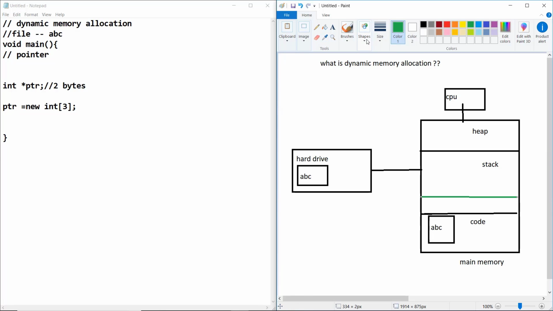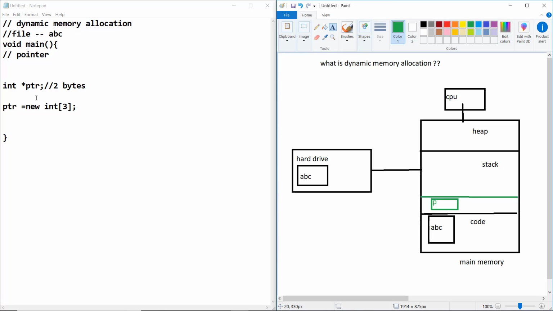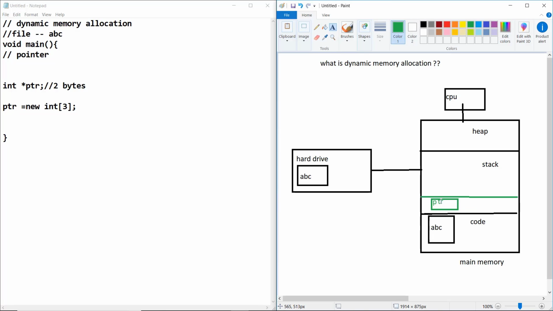In the stack frame it makes an address for the pointer ptr. This is the pointer ptr, and if I want to access heap memory, I should define it with new.